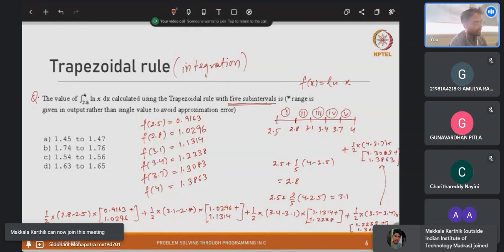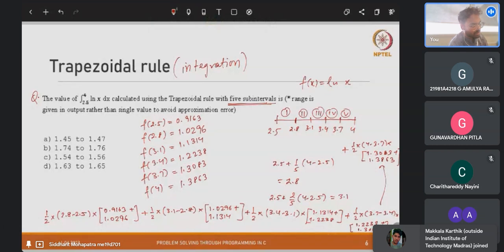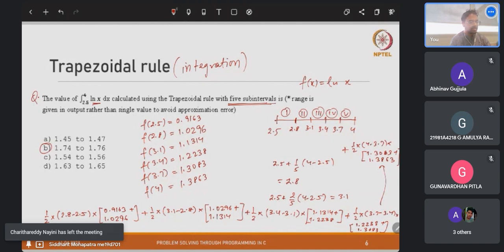So if you calculate all of this together, the value would be somewhere roughly 1.75 or something of this sort. So basically you will get this as the answer, it will be in between 1.74 and 1.76 if you calculate this entire thing. So what we did overall, we had this function which is ln of x. We had to calculate the definite integral of ln of x dx from 2.5 to 4, and now